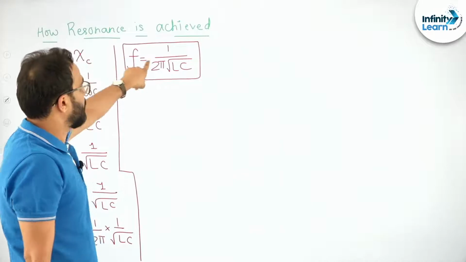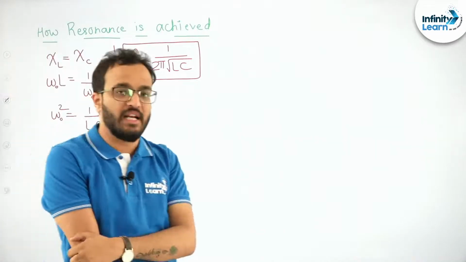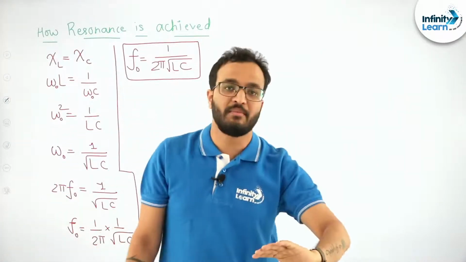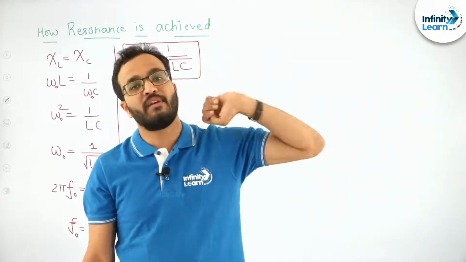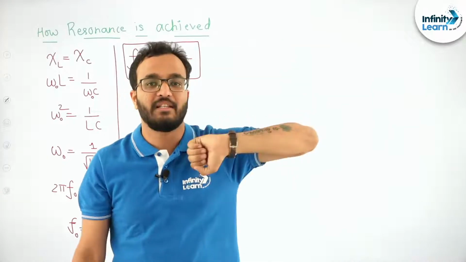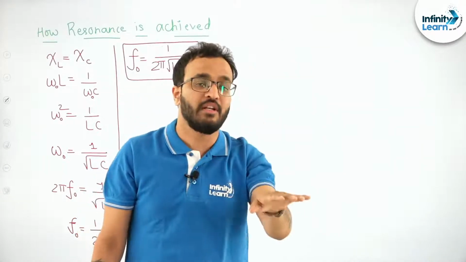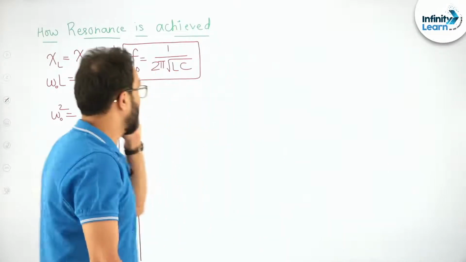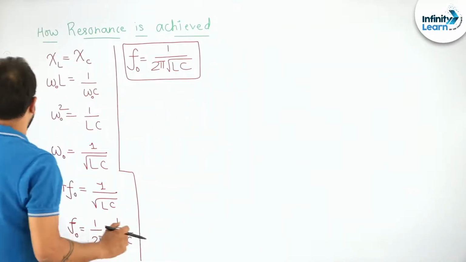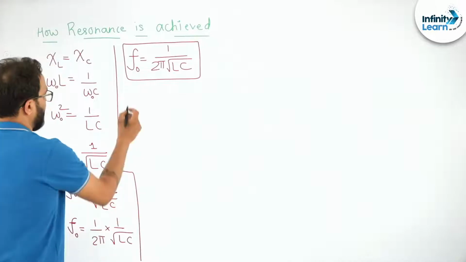So once you move up to this particular frequency, what will happen? Suddenly impedance will fall down to its minimum value, current will jump up to its maximum value, power will jump up to its maximum value, and current and potential will come in phase. These things happen suddenly when you achieve this frequency. So let's try to understand a few graphs, and graphically it will be, I guess,